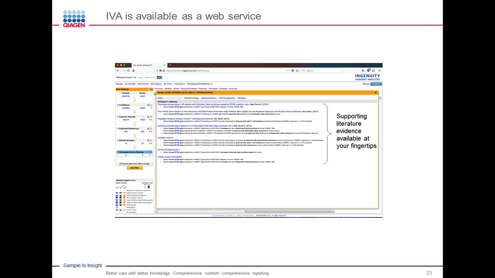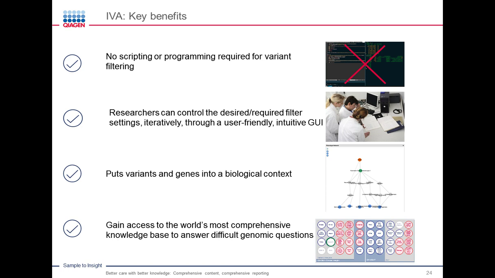And then once you identify that short list of variants, on the right you can click to see more details, and that will quickly bring up the supporting literature for those particular variants, essentially the annotations of that variant, including the published literature that matches with that variant. And you can just click on those links to go and read those papers and look at the evidence yourself to see whether you believe that particular mutation is relevant for the disease or phenotype that you're studying.